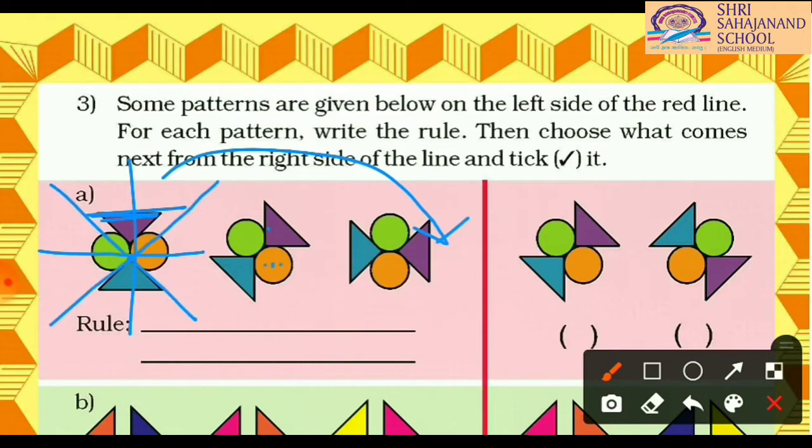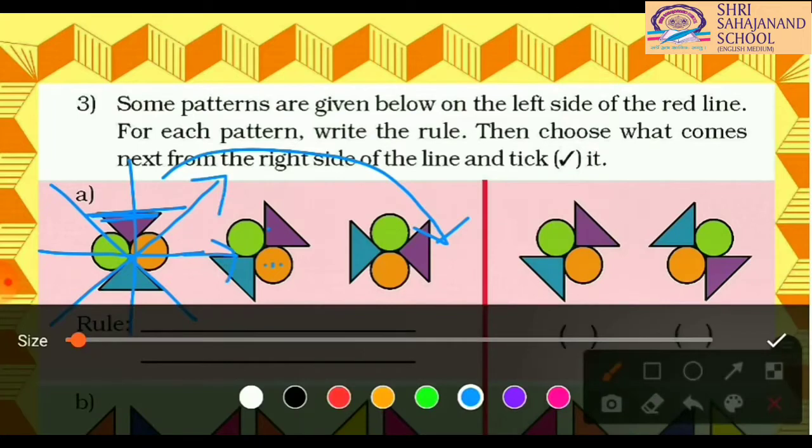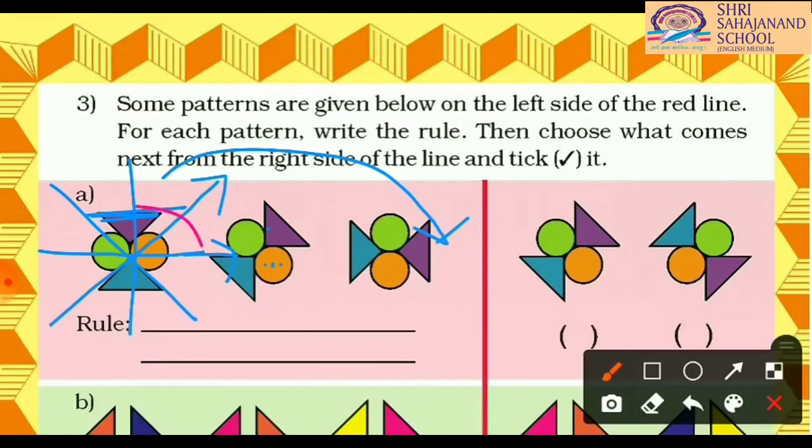So we can see the whole picture. Let me change the color first. This portion was its 1/4 turn, but it was not taking a 1/4 turn, it was taking half of it. So we can write that this is its 1/8 turn. Clear? For understanding you can see. Now in the next turn it is another 1/8 turn, meaning we can see a 1/8 turn here. In the next picture once again it will take its 1/8 turn.